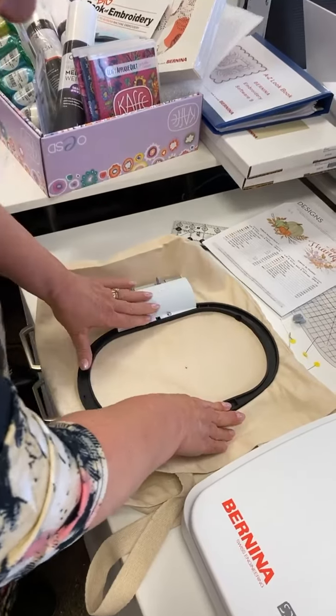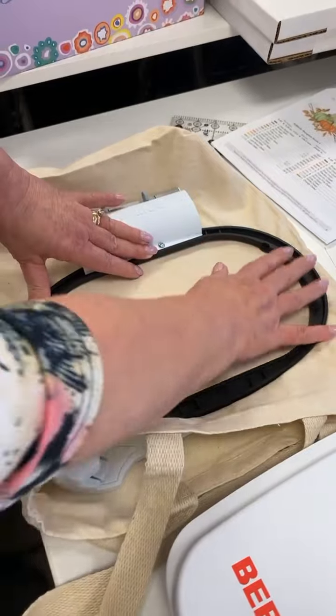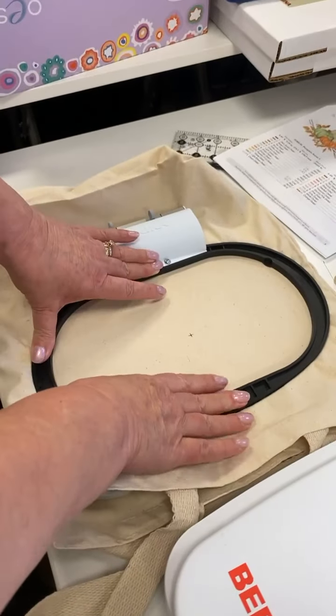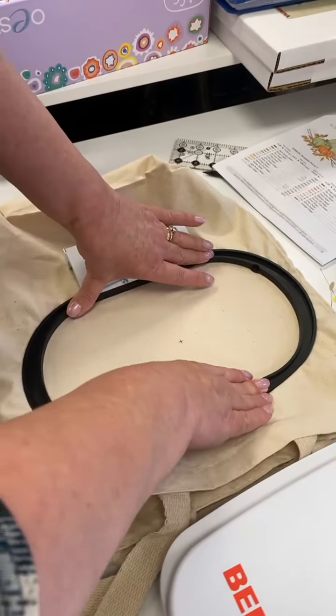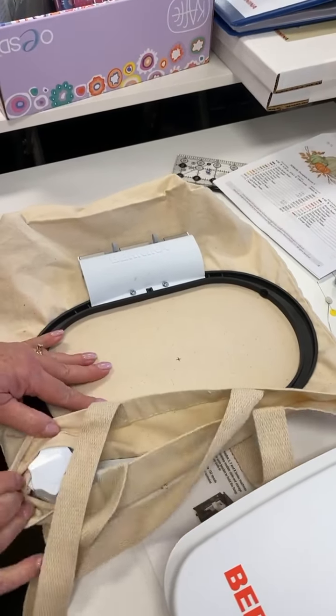And you just press it down. Make sure you have the ratchet all the way open. And because this is canvas, it's rather thick. And then you just tighten it up. There's the ratchet